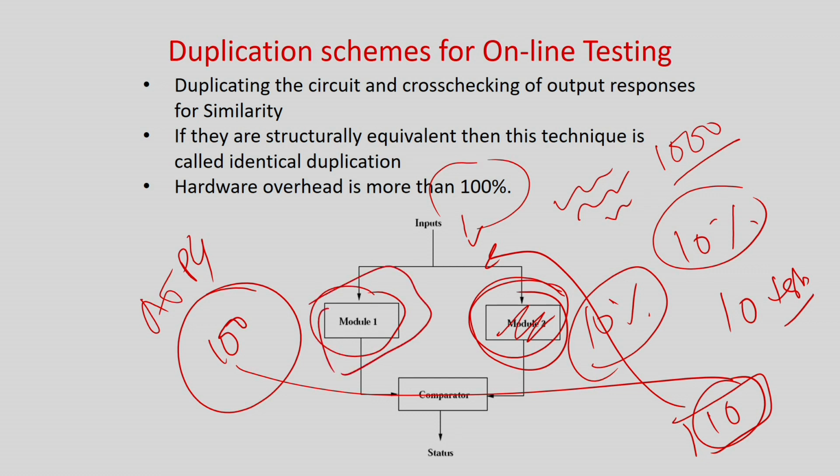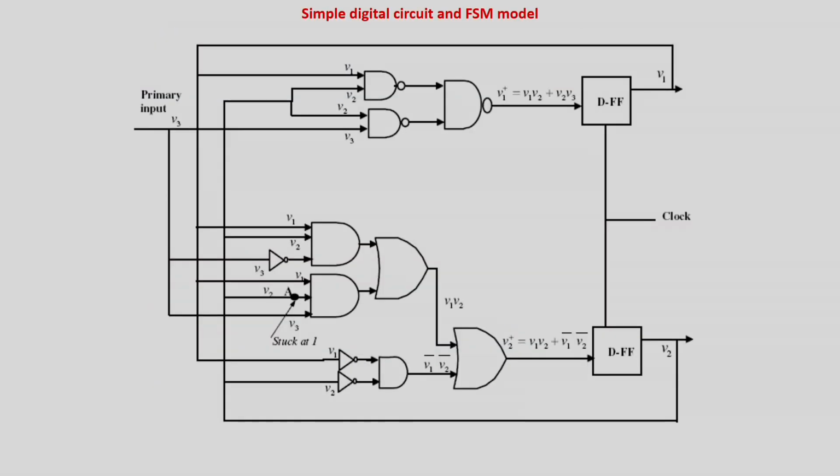A part of the circuit is there, and you are making a comparison only for the partial part which you have replicated, so the testing can be done. The advantage is non-intrusiveness. Nowadays online testing is mainly done by this partial replication based method, because no test engineer or design engineer will allow you to do massive changes in the circuit, nobody will allow you to do that. So partial replication is now becoming a de facto standard of online testing.